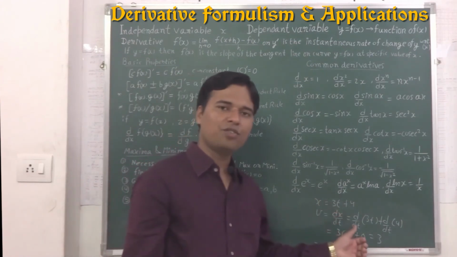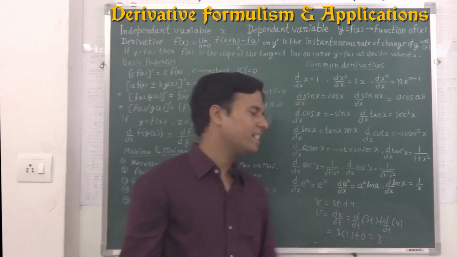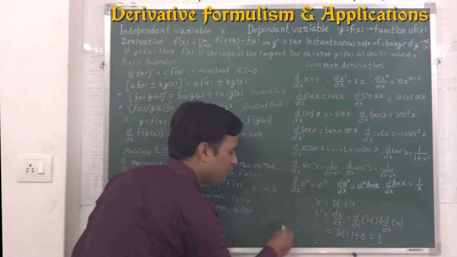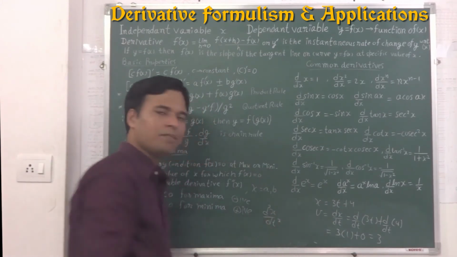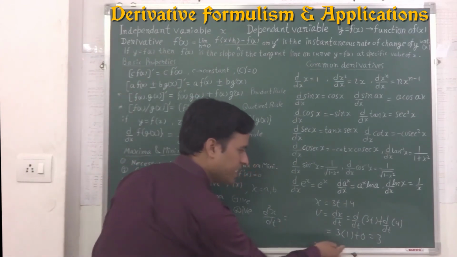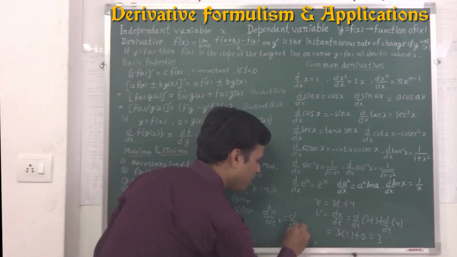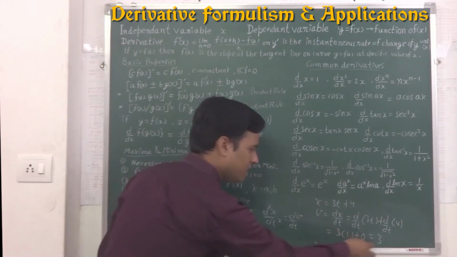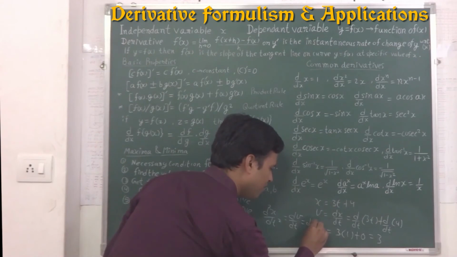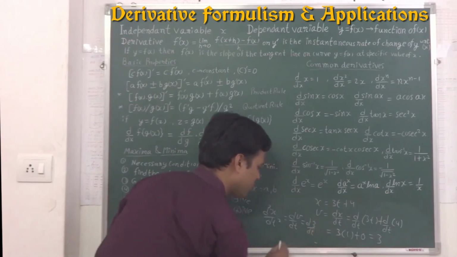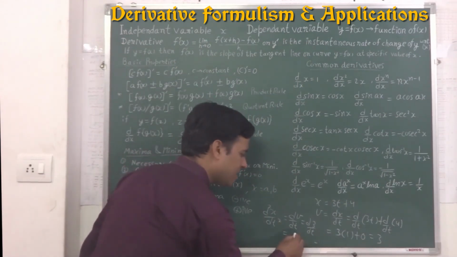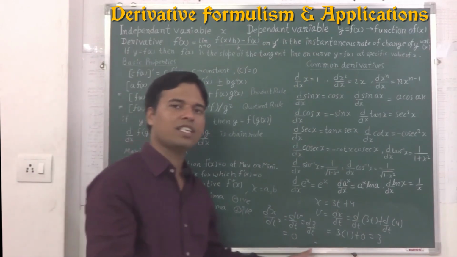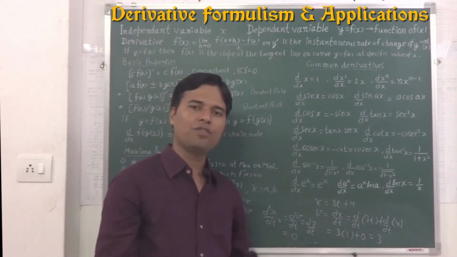If we want to find out the acceleration of this particle, then we will have to find the second derivative of this position with respect to time, d2x upon dt square. Then we will get the derivative of speed with time, dv upon dt. So the derivative of 3 with respect to time, there is no change in velocity with time, so the acceleration is equal to 0. There is no acceleration in this motion of the particle.